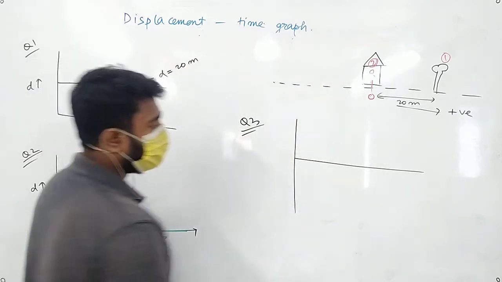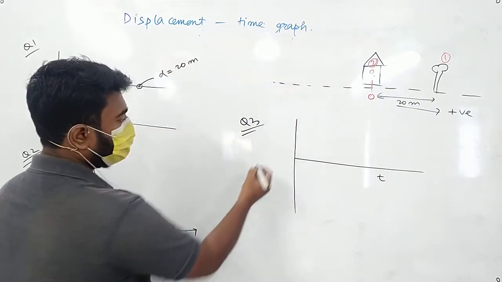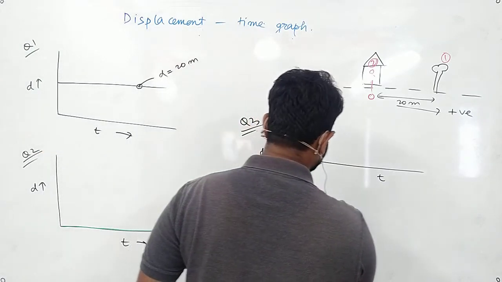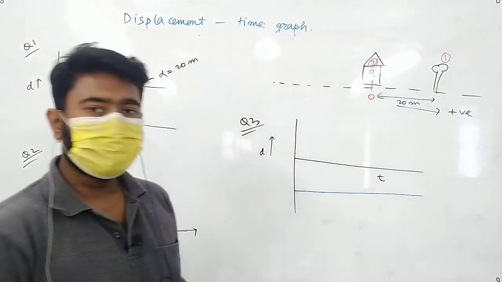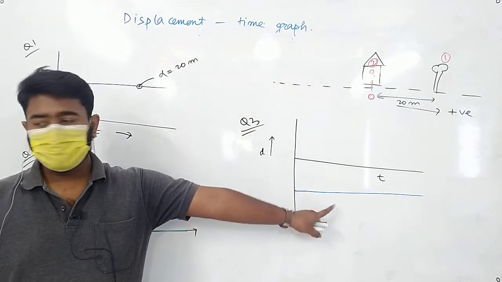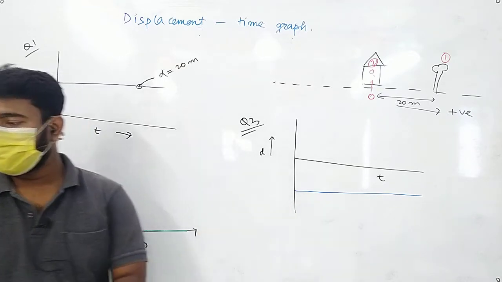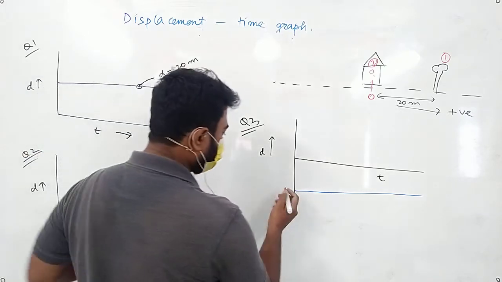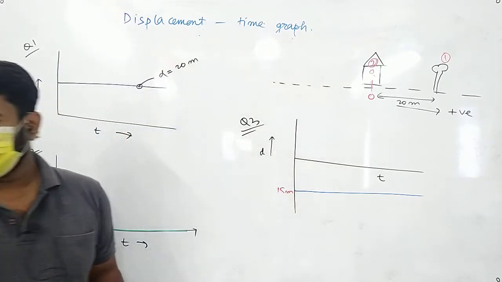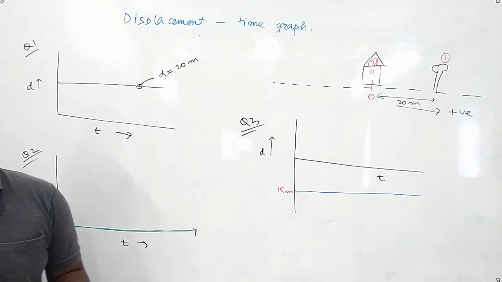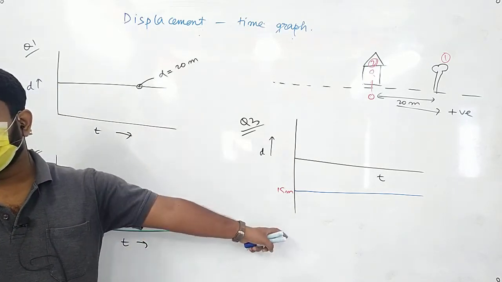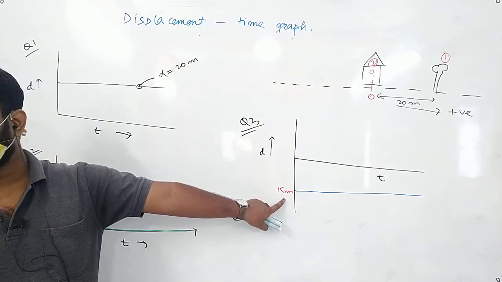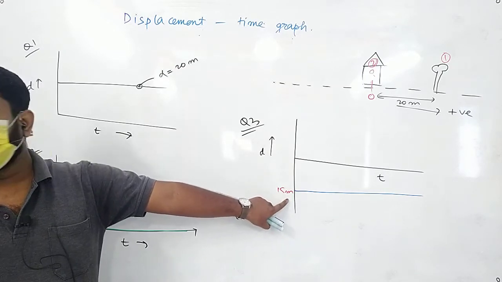Okay, this is the time axis. Now this one is the displacement axis. If the graph is like this, what do you mean? It means the body is at rest. And if the distance here is 15 meter, what do you mean? All of you stop writing, I said. Watch the video later on and then write. Now tell me, if it is 15 meter, what does it mean?